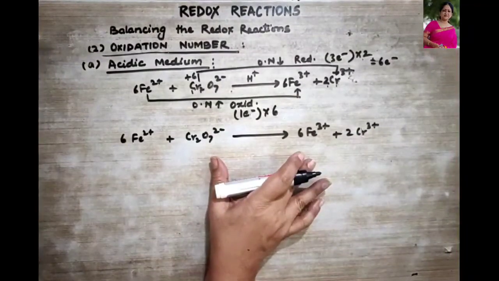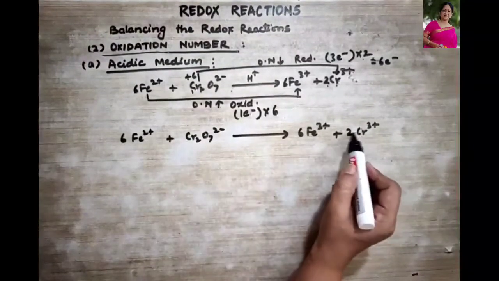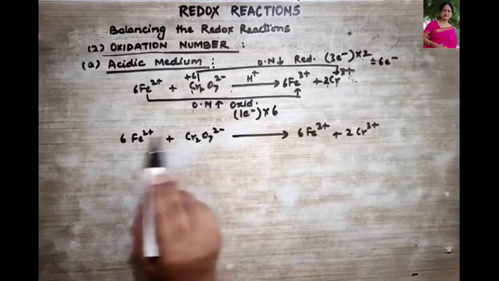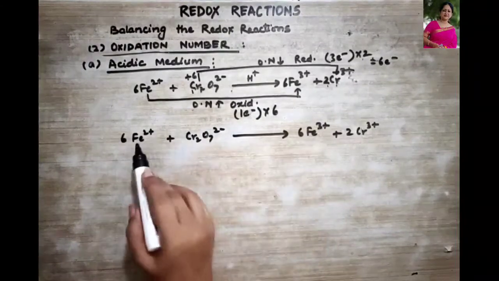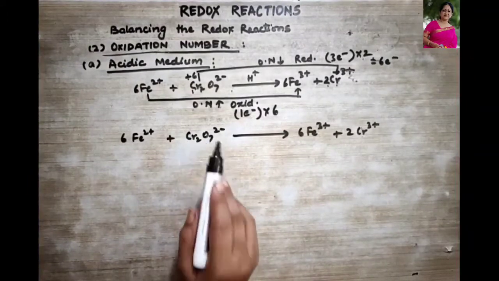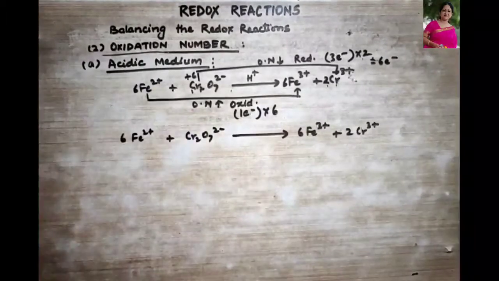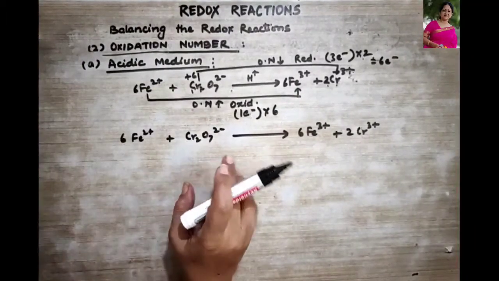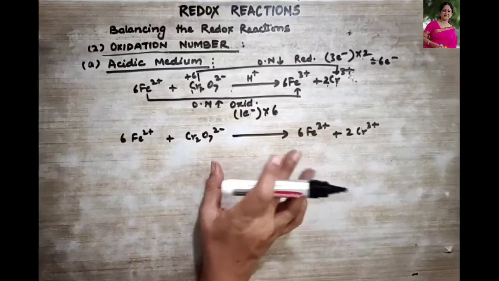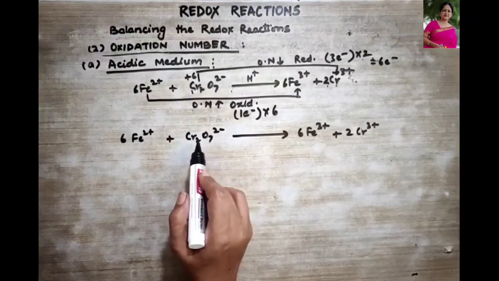Now let us check the atoms. 6 iron, 2 chromium, but oxygen we have over here, right? Now if you saw, your other atoms were balanced. Iron got balanced, chromium got balanced, but what is not balanced is your oxygen. Now we are going to balance oxygen over here. So we are dealing with acidic medium. So what do we do in the acidic medium? Wherever there is a deficiency of oxygen, we add the number of water molecules on that side to compensate the oxygen atoms,